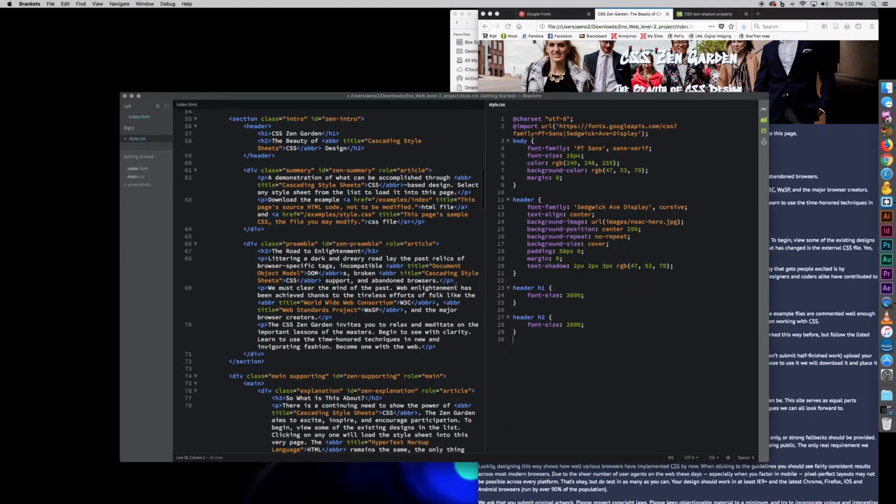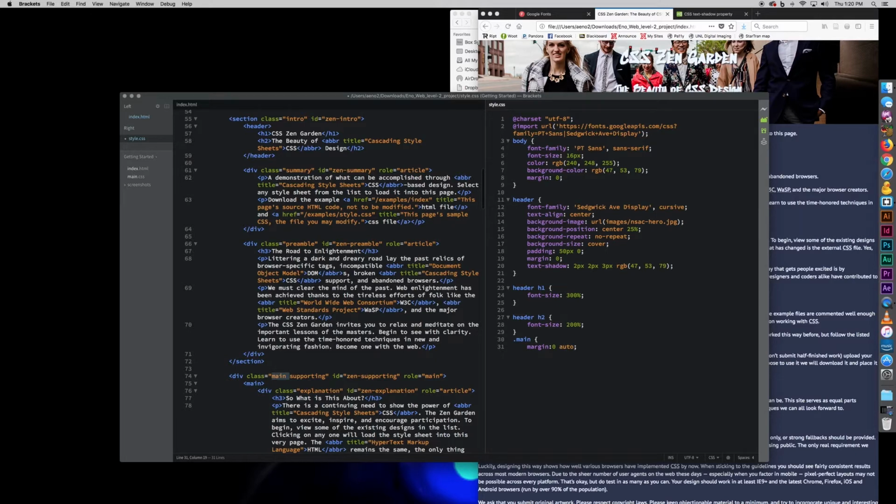The next thing I possibly want to do is look at, maybe I need to do some columns, and my text is touching the edge down here, so I probably need to do something about that. So then I have an element down here with a class of main. So I call that up .main. I can do something like